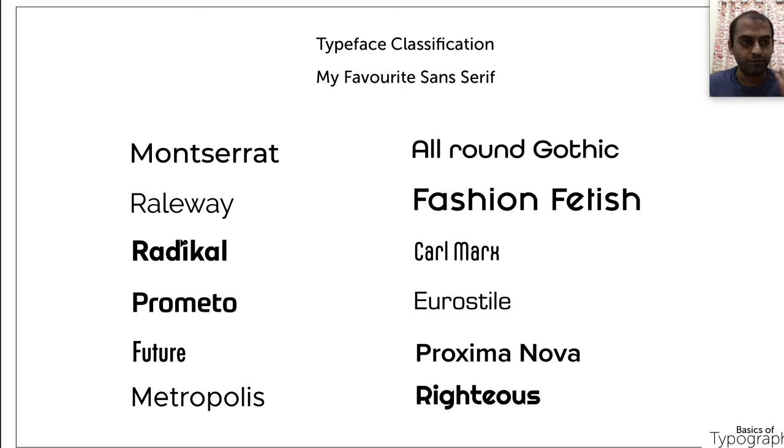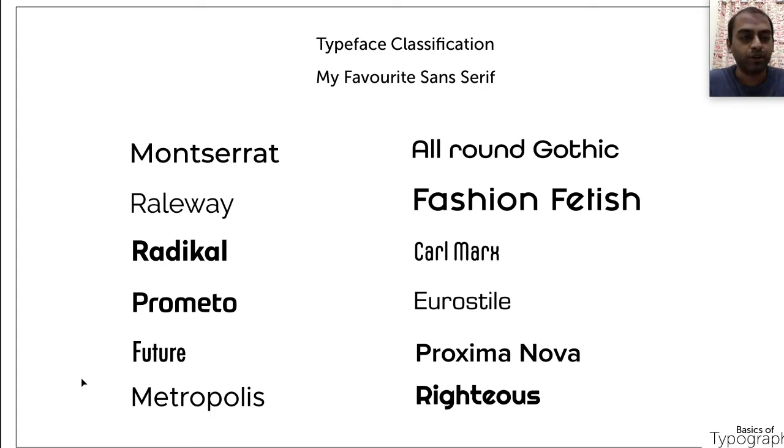I have used it for titles, I have used it for paragraph text, I have increased the kerning, I have increased the leading, I have compressed it, I have used it in all sorts of ways. Still this font looks good, neat, legible and readable. So these three fonts come, and even Metropolis is in the same category. The beauty of Metropolis is that it looks very legible when written in a smaller size.